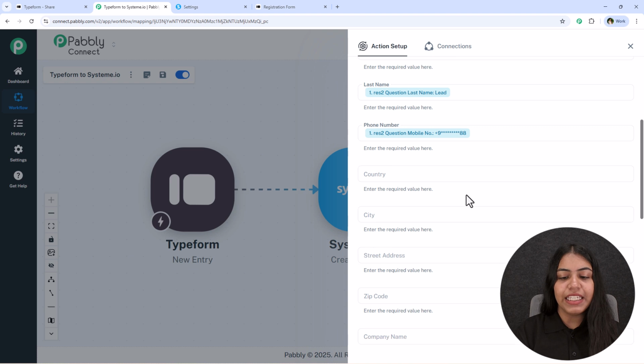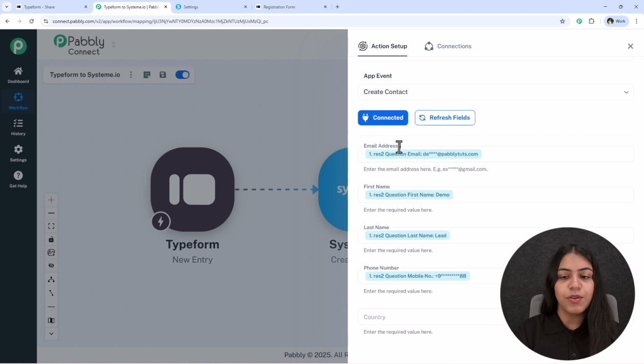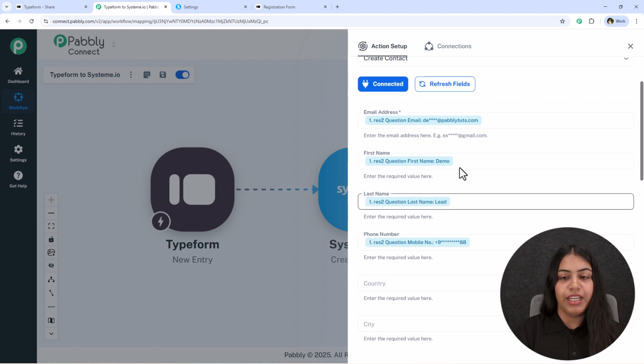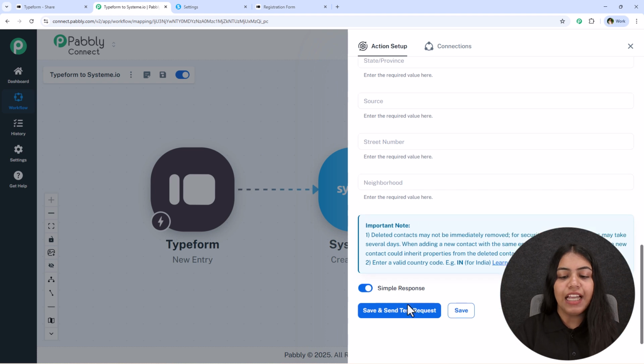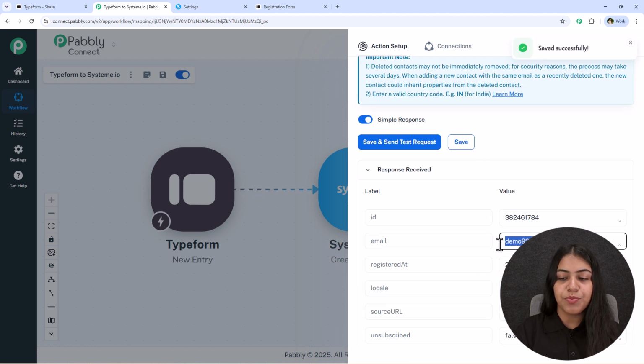And after mapping the details which are required, as you can see, only this email address was required. The rest of the details are not. Alright, so if you wish, you can definitely fill them out, and if you don't wish, you can leave them blank and click on save and send test request. Now you're going to see we have received the positive response that using this email we have successfully created